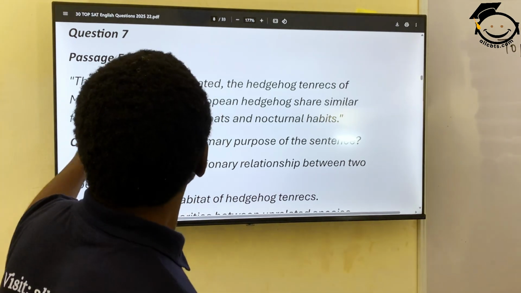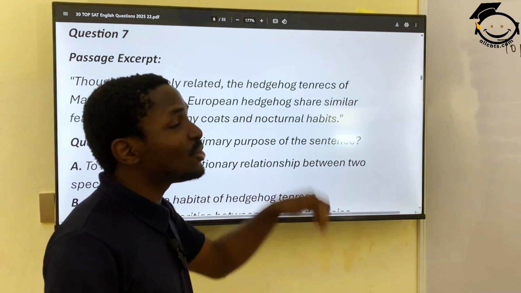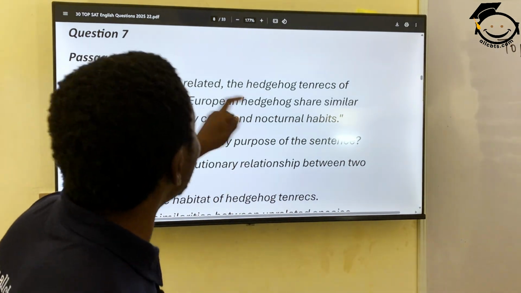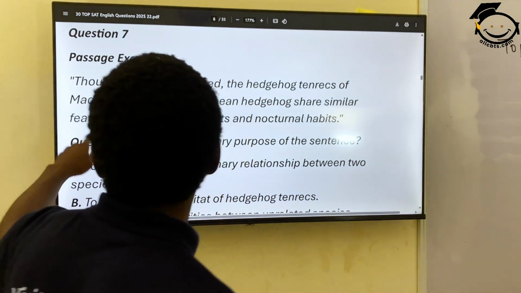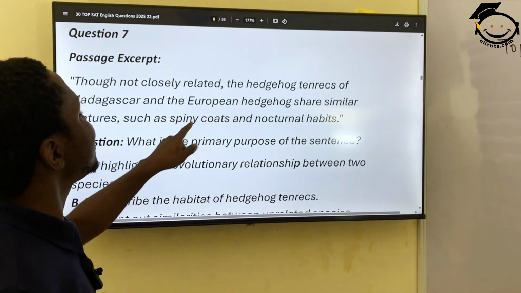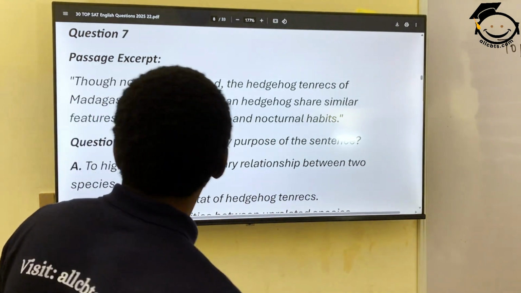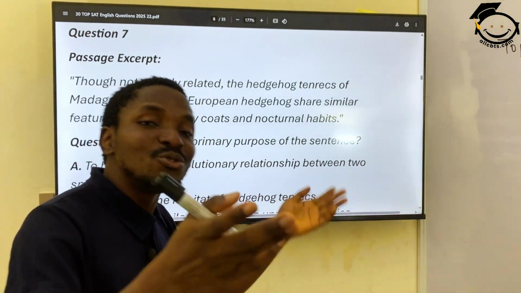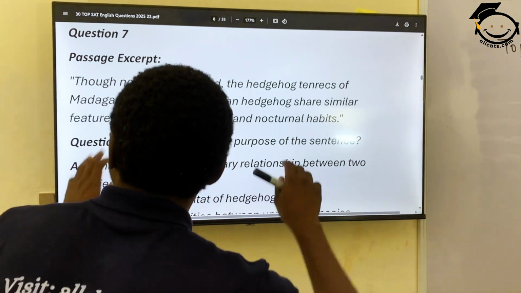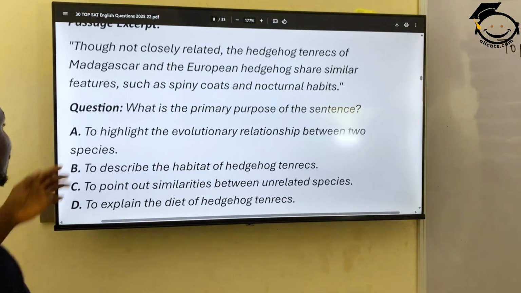So though not closely related, the hedgehog. So hedgehog is an animal. The hedgehog Tenrecs of Madagascar and the European hedgehog share similar features such as spiny coats. It's trying to just show us similarity between two animals, even though they are not closely related. Question: what is the primary purpose of the sentence? Option A, to